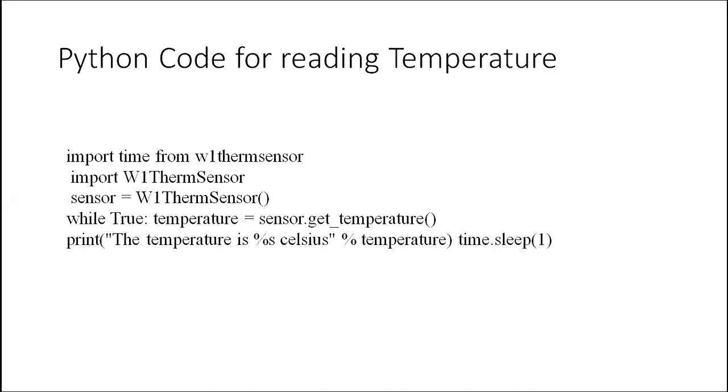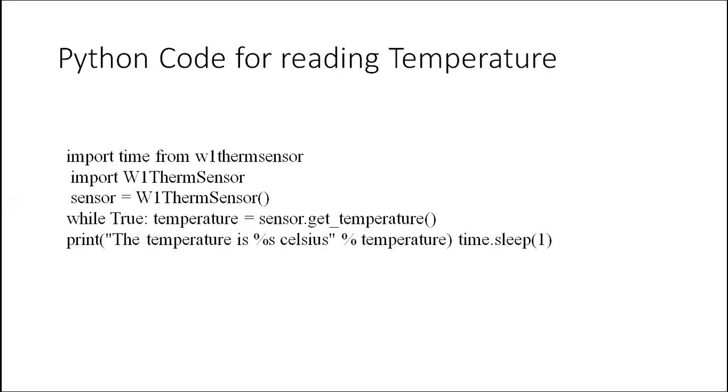After that you also have to import the W1ThermSensor object, like a class. W1ThermSensor with capital letters is a class, and the small-letter w1thermsensor is the package name. So the first line is a package, and the second line is a class. Now we have to create an instance of that class. For that we call the constructor W1ThermSensor, which creates an object of that class. That object reference we store in sensor. Now sensor holds the reference of the W1ThermSensor class object.